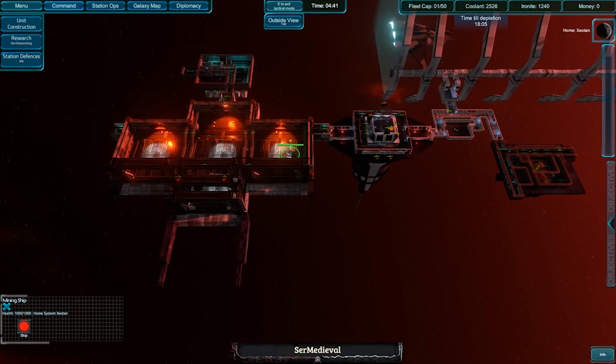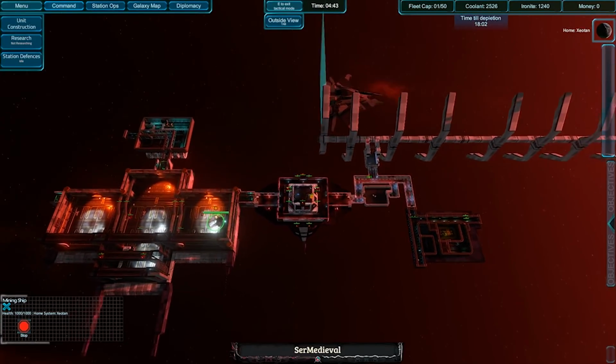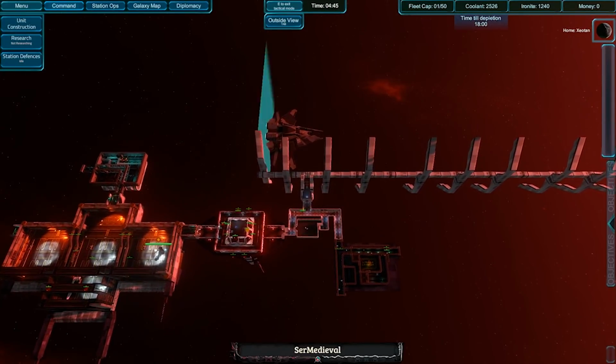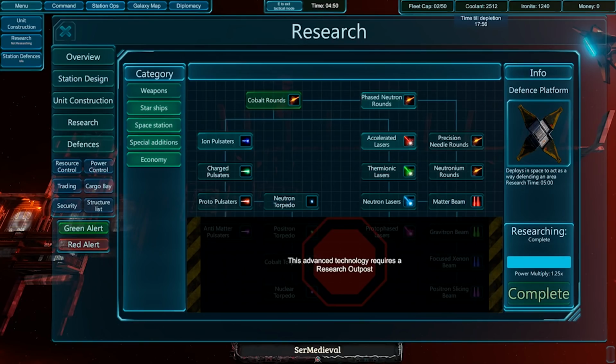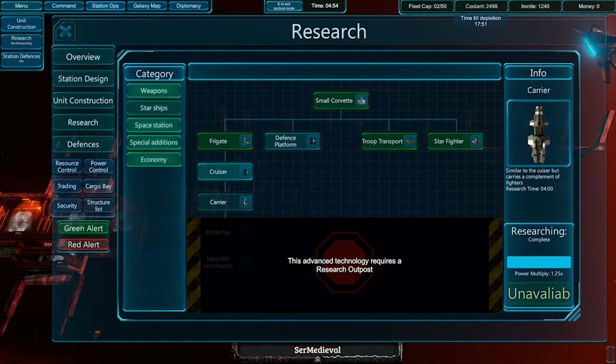Okay, he should start moving in just a second here. You can also check your info. One of our frigates was done building. So this is going to be the small corvette. You're also able to do the research as well. It's very important that you stay on top of this too, so you can get all the way up to